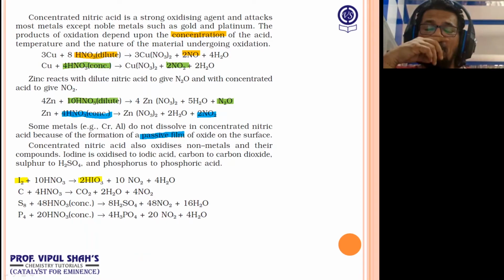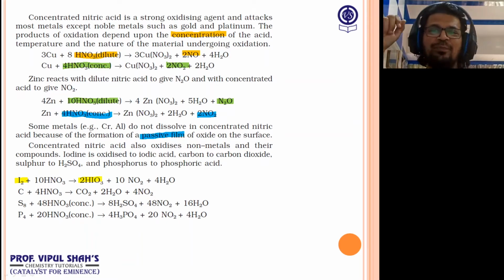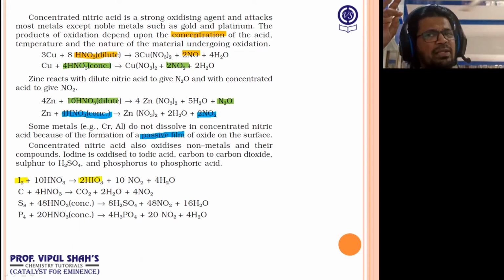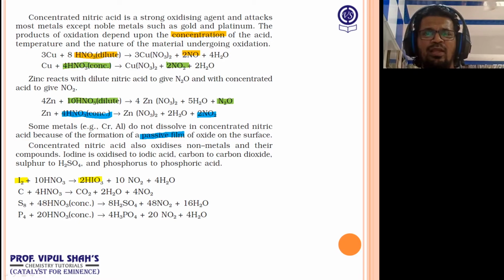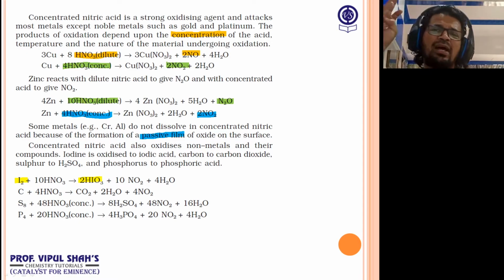If you remember, in halogens, we did oxidation states. Only F has an oxidation state of -1. Cl, Br, I, apart from -1, they show positive states of +1, +3, +5 and +7. In fact, Br, bromine, in some oxides also shows +4 and +6. And what is the reason for that? Cl, Br, I, they have availability of vacant orbitals. That's why it's possible. F doesn't have any vacant orbital, so that's why only one oxidation state, -1 only.